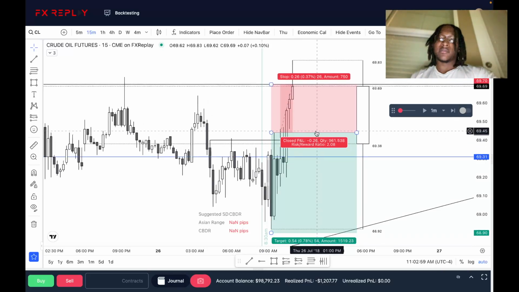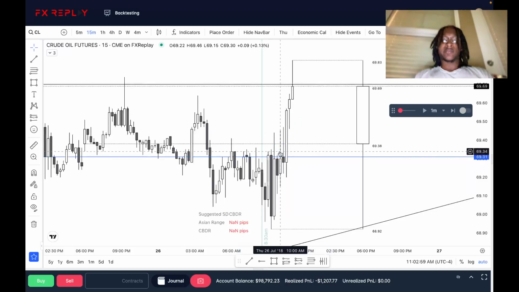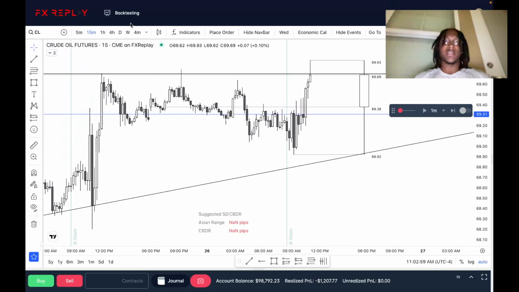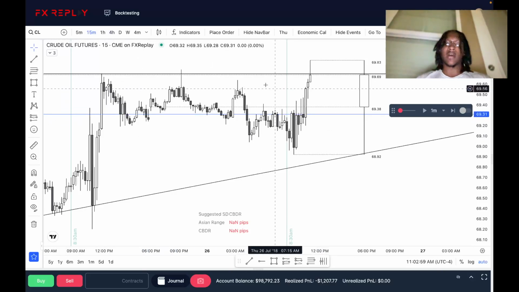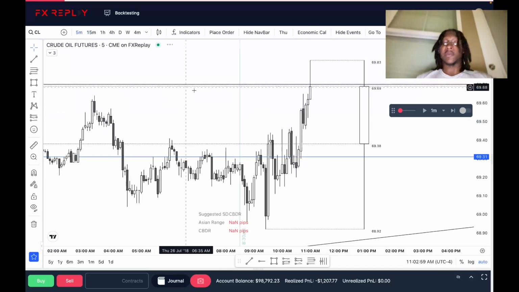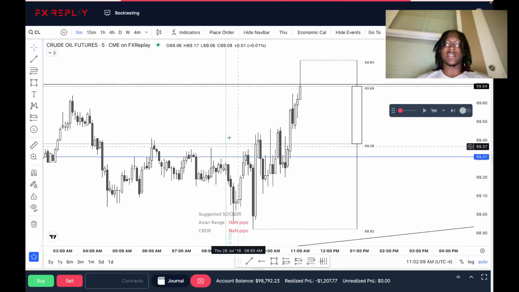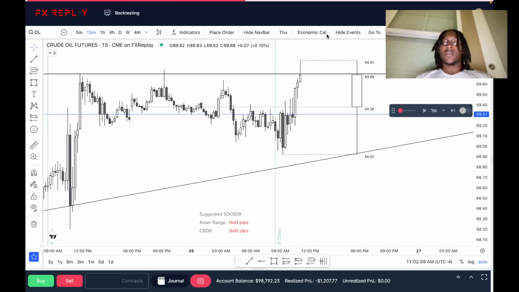Good on me for cutting my risk, cutting my loss short. That was a good move on my part. The entry made sense. The stop loss made sense. The target made sense. It just didn't play out that way, which is fine. You go on a trade by trade basis. But if you look at it on the 5 minute, there is no clear signature or sign that price is likely to trade lower. So all good there.